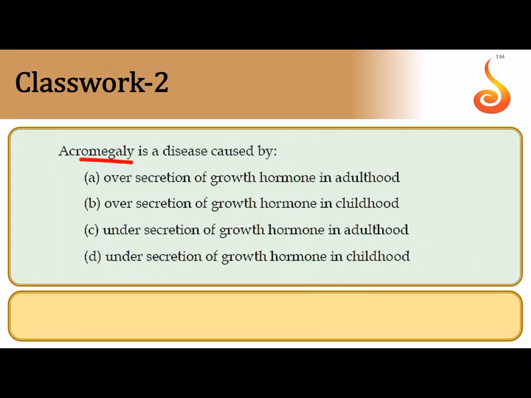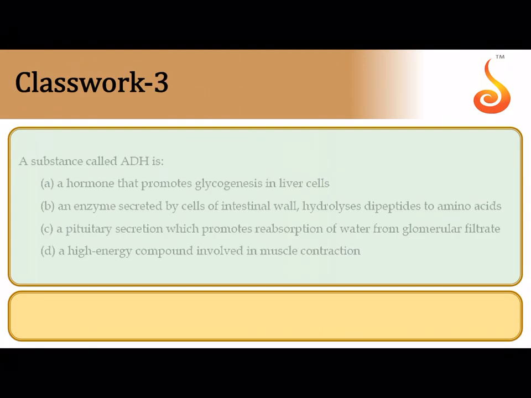Acromegaly. I had told you in the synopsis, it is a condition which is associated with severe disfigurement of the face. It is seen due to over secretion of growth hormone in adulthood. We had learned that it is mostly in middle-aged people when they have excessive secretion of growth hormone. The bones of their hands, feet and face will start growing disproportionately, and they will exhibit a disease that is referred to as acromegaly. So the answer is over secretion of growth hormone in adulthood, to be very specific, in middle-aged people.